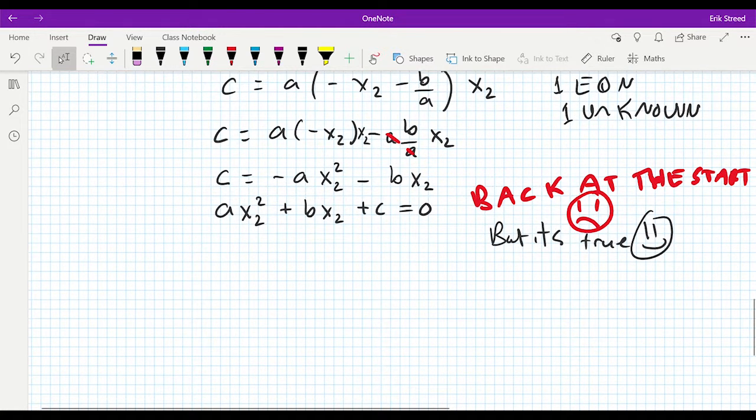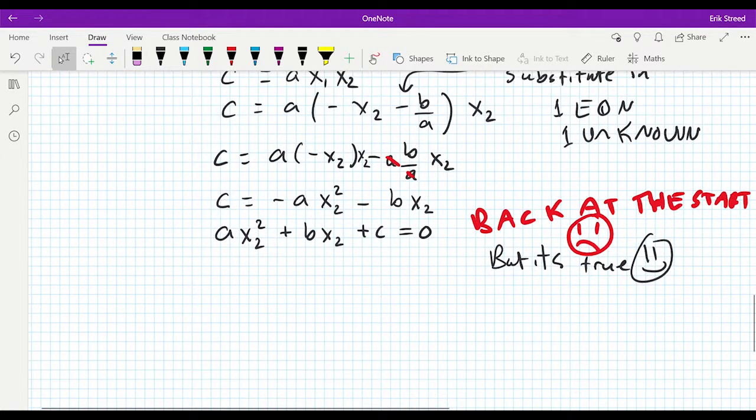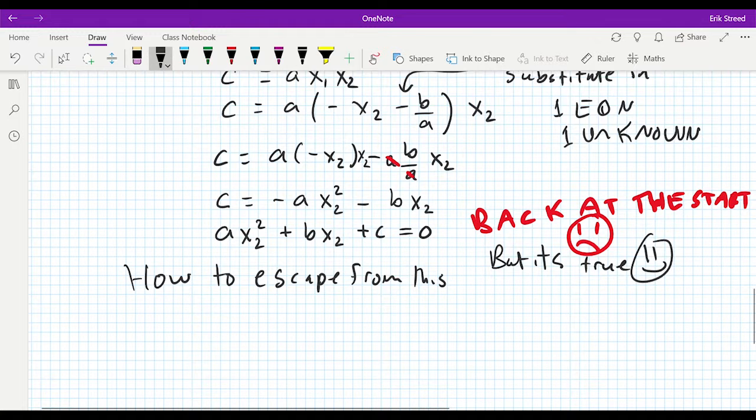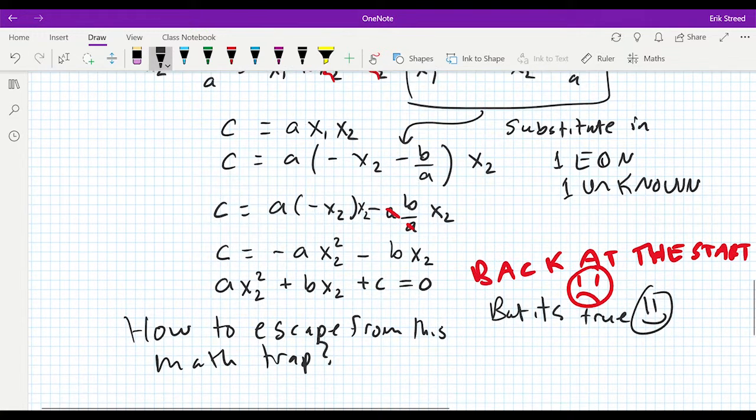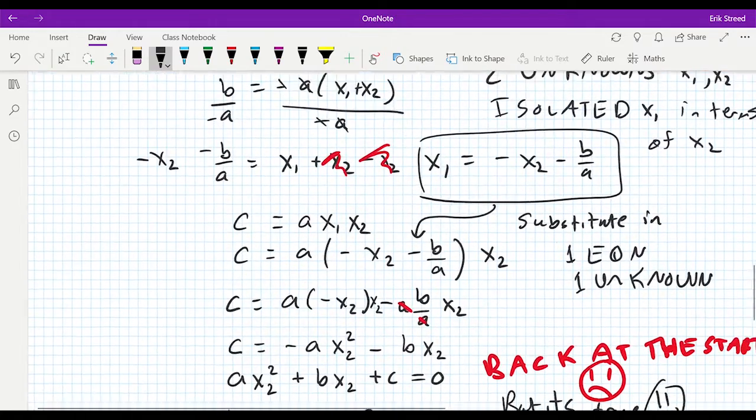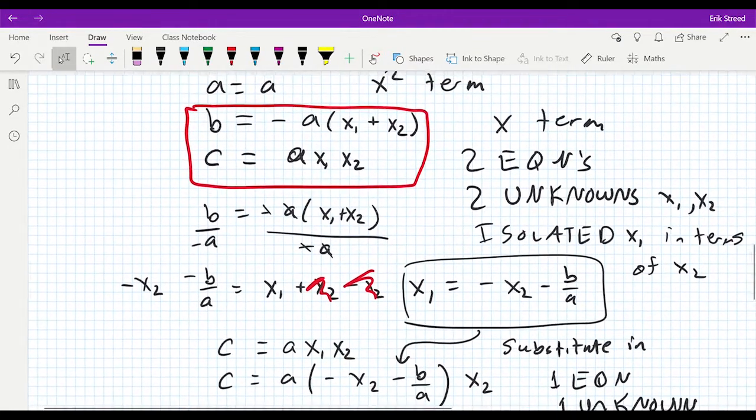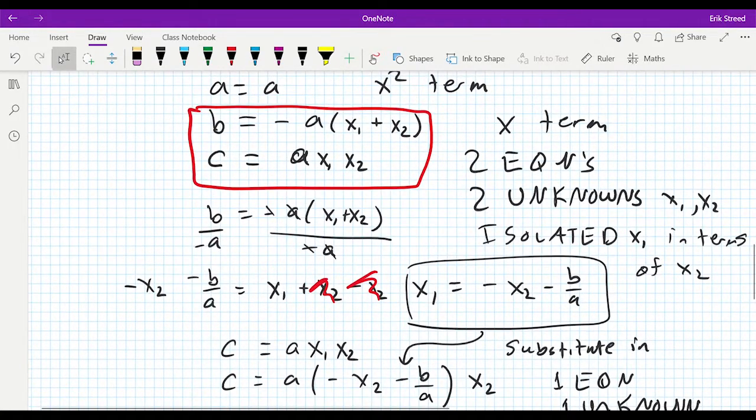So how do we get out of this little rut that we're in? What do we do? How to escape from this math trap? So now I'm going to show you a trick. Math is a lot about tricks. The more tricks you can pick up and the more places you can see to apply them, the better off